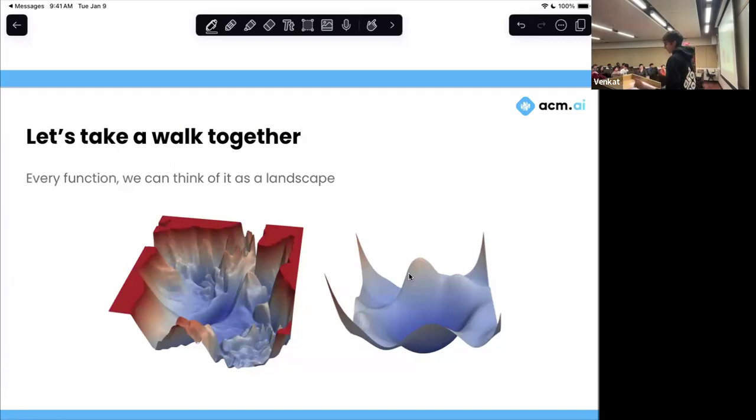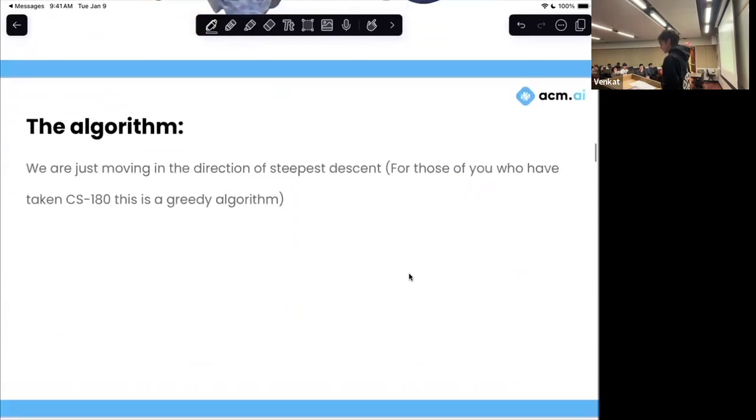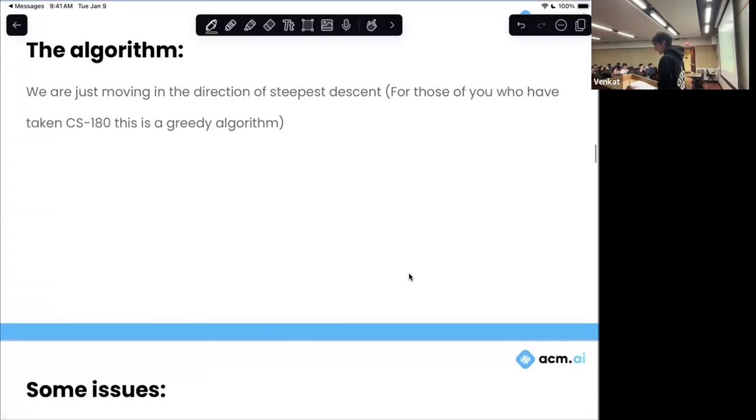So what we want to formalize is what does it mean to go downhill? And that is in the name itself, it is the gradient. So the gradient of a function at any point is the direction of maximum increase. And so if we want to go downhill, we take the negative gradient, which will give us the maximum decrease. So for those of you who have done CS 180, gradient descent is a greedy algorithm. We are basically just choosing, at our current situation, what is the best direction to move forward in, and we do that. All right. So if we have an initial position, xi,